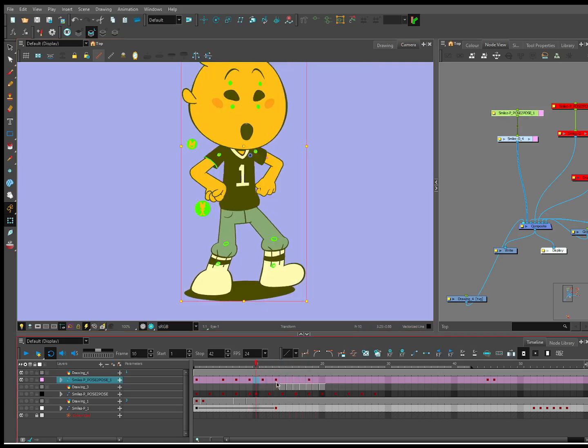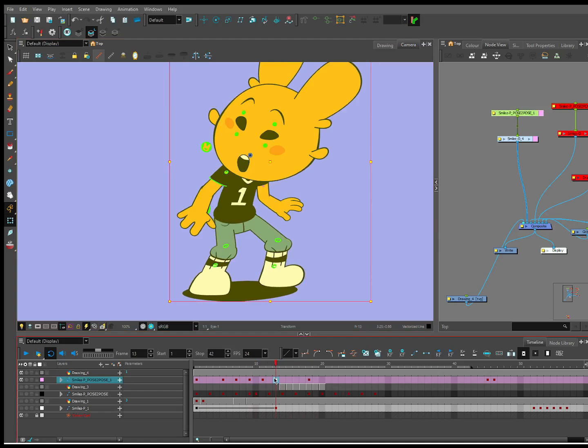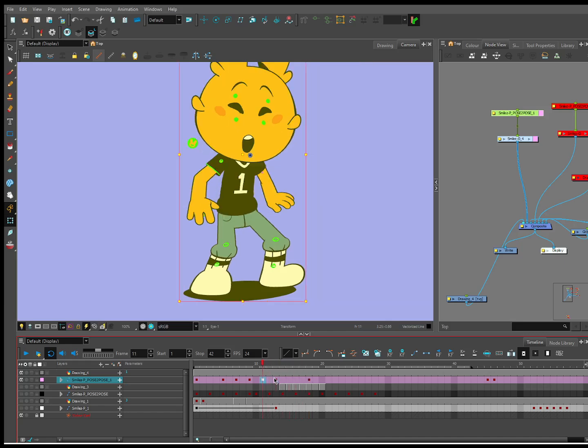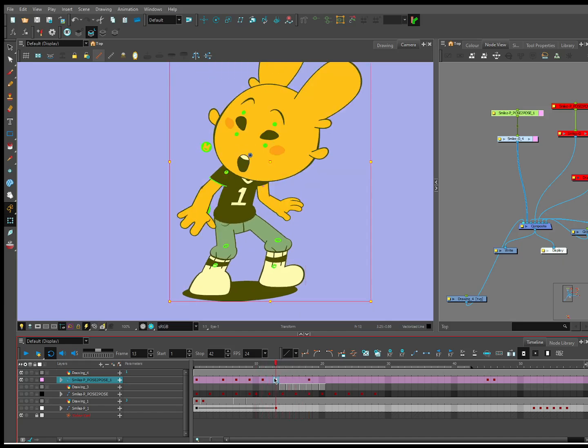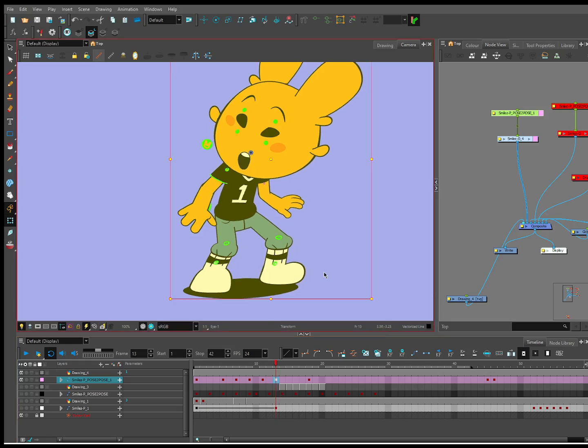Okay, so now we have the most extreme down. We have a swoosh and then a settle up. Now, we all know that the upper body is going to be hitting this extreme on the frame after the lower body. I mean, it doesn't have to, but in my head it does. So I'm going to tween it.